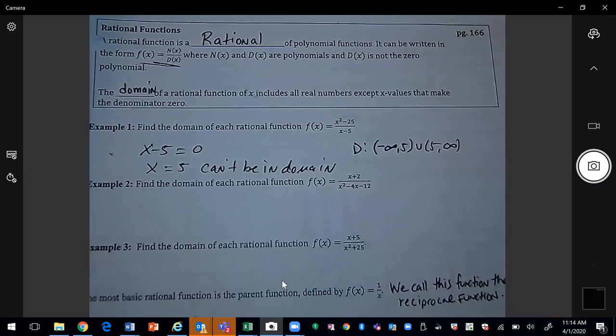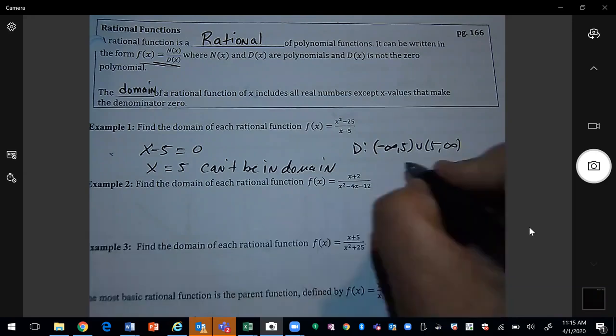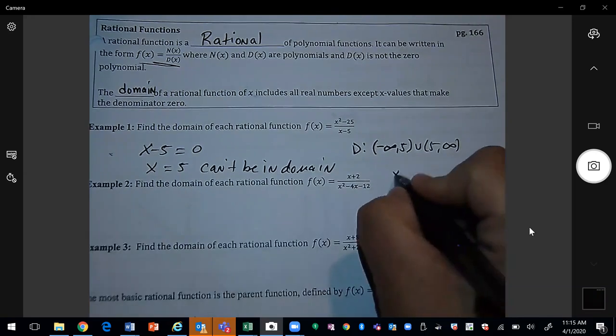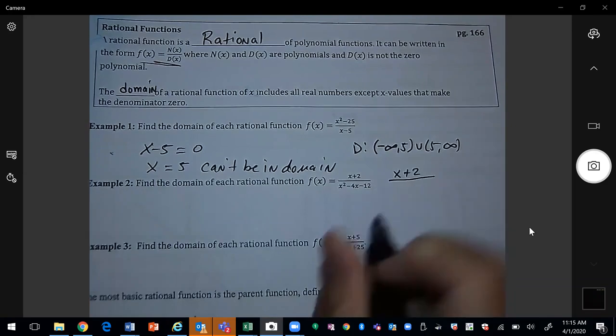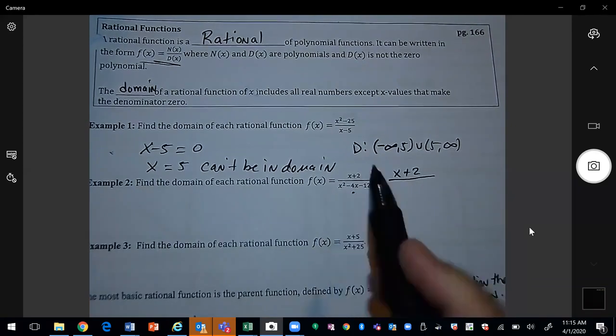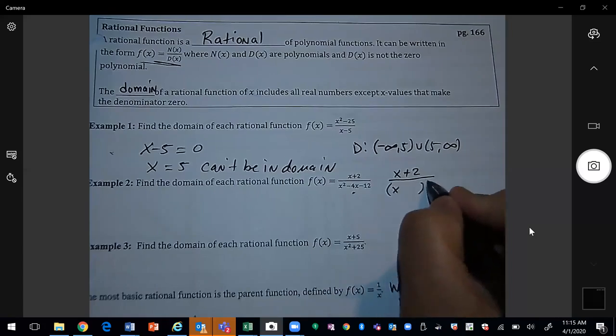And so for these 3 examples, they are kind of a review of what we have done. Let me just move that down. So if we look at example 2, find the domain, something we can do here first is factor the polynomial down here. So this is going to factor as,